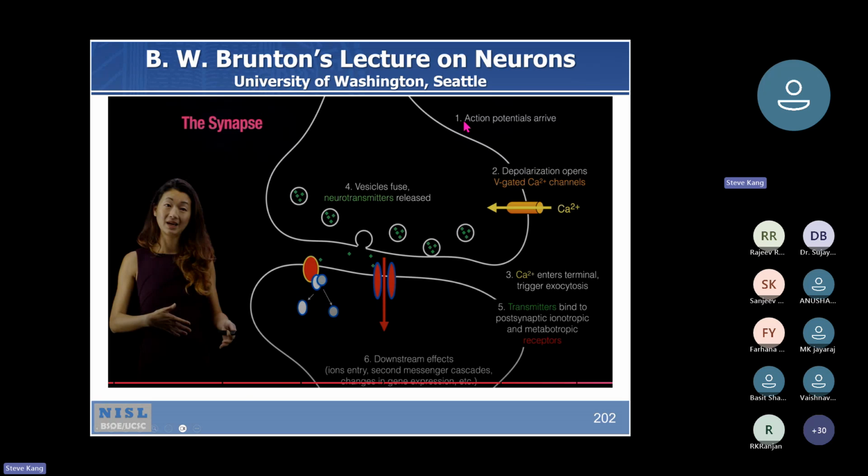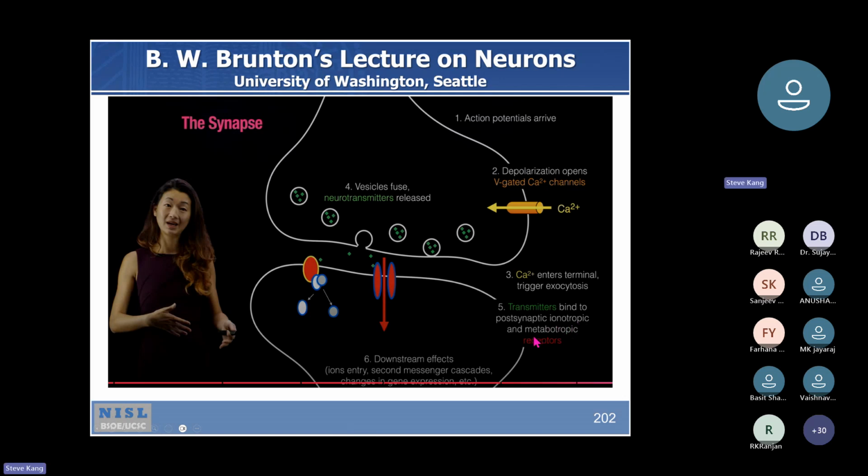And so here, number one, an action potential is a spike, right? The neuronal signal arrives, and then depolarization opens this calcium channel. So calcium gets in here and enters the terminal to trigger exocytosis. So this is exocytosis, all this circled area. And eventually it diffuses, and then neurotransmitters are released. So it is chemically released, and then it moves into the postsynaptic